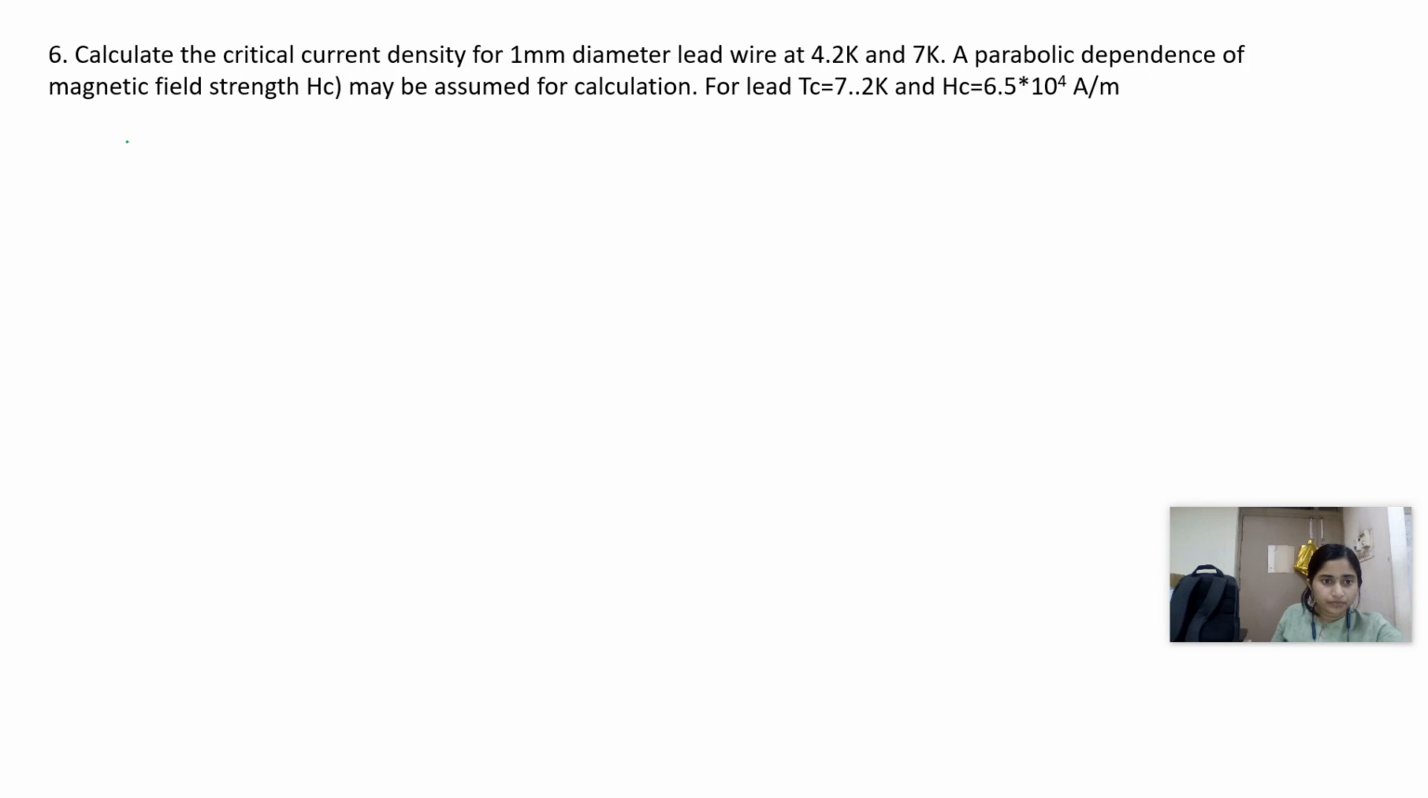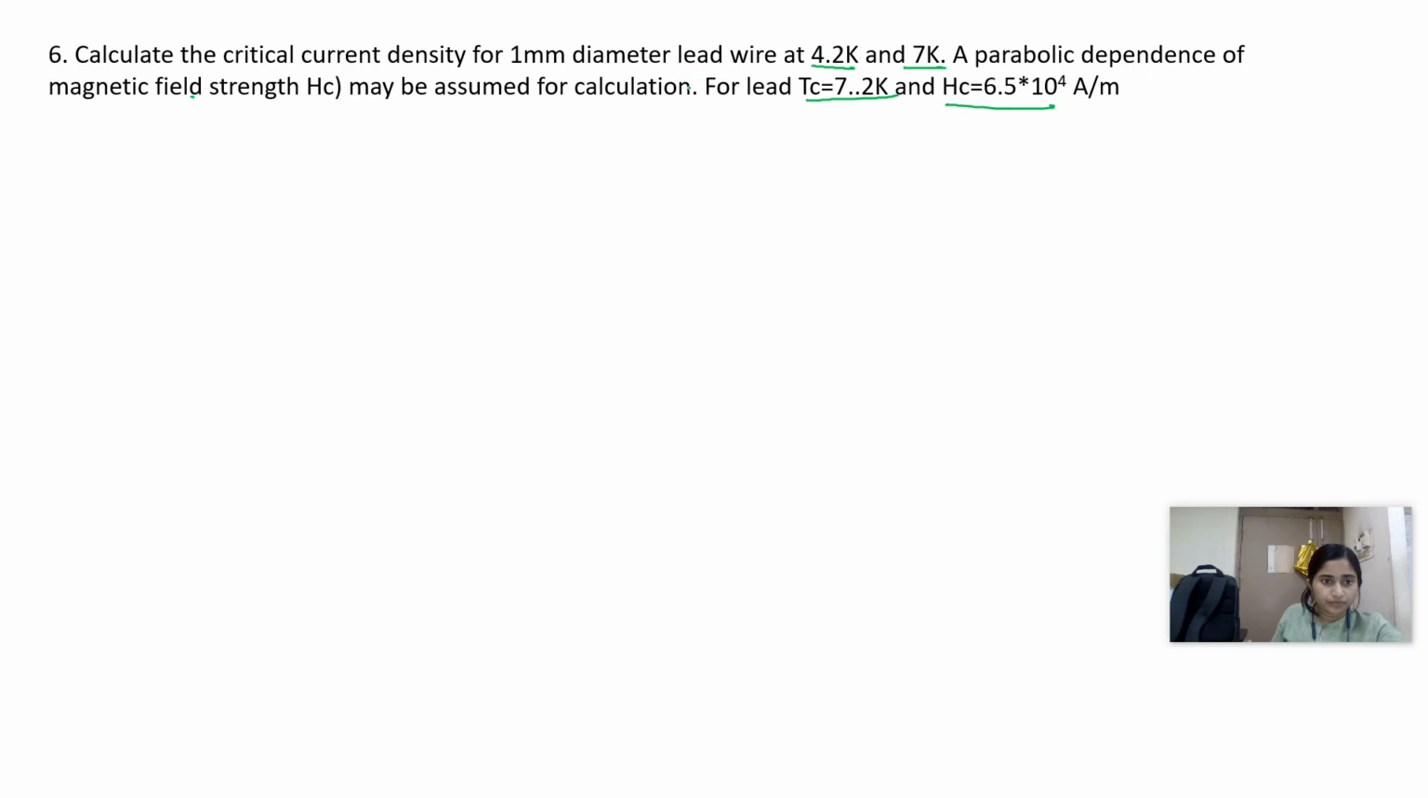Okay, now we will go to the sixth problem. This problem is a little bit different from the earlier problems. Calculate the critical current density for a 1 millimeter diameter lead wire at 4.2 Kelvin and 7 Kelvin. A parabolic dependence of magnetic field strength Hc may be assumed for the calculation. And for lead, Tc is 7.2 Kelvin and Hc will be 6.5 times 10 to the power 4 ampere